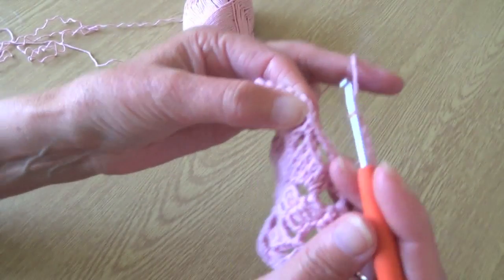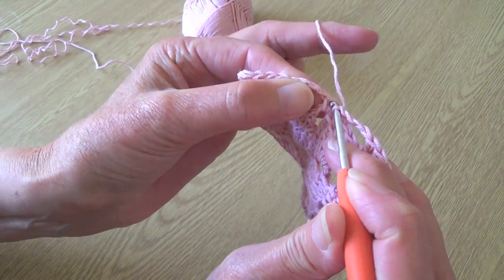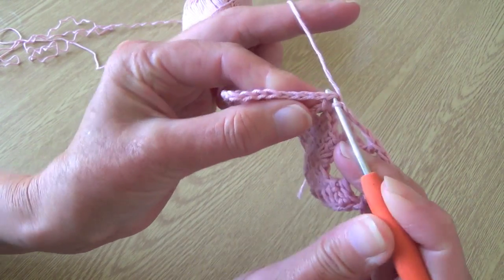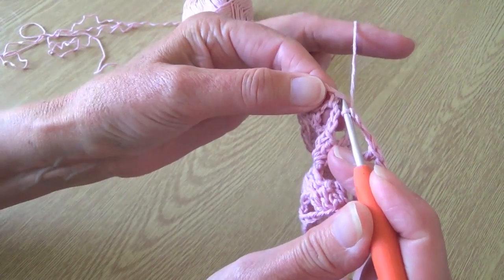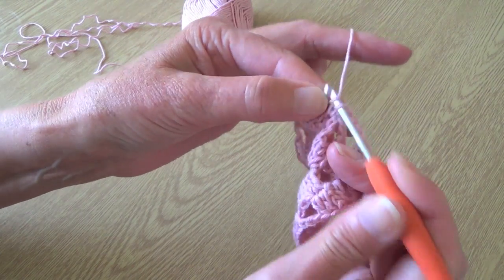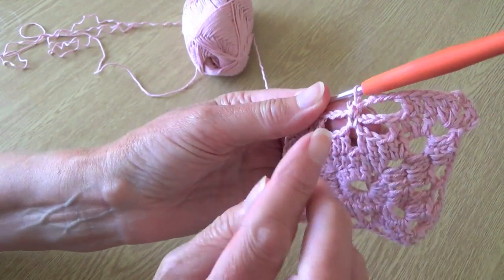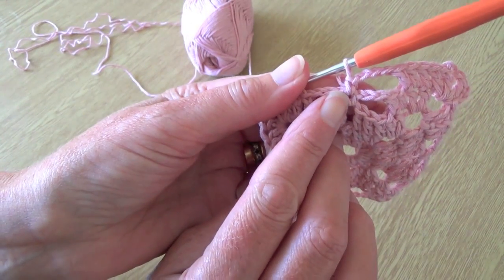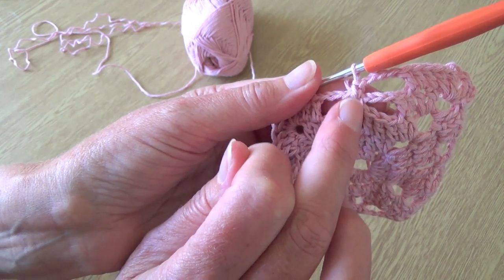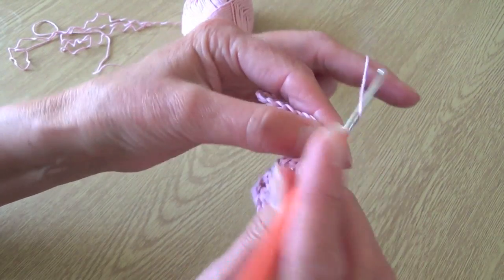Now if you can, try to get right into the centre and just at the back there, it's really hard, I can't show it to camera, but at the back there if you can get behind the stitch that's at the back, it just puts you in the very centre of that stitch and gives it a much nicer V shape. It doesn't matter if you can't, but if you can get through the centre there, as I say, you can see how it gives you the 2 V's rather than just working into the top of the stitch. And then do 4 chain